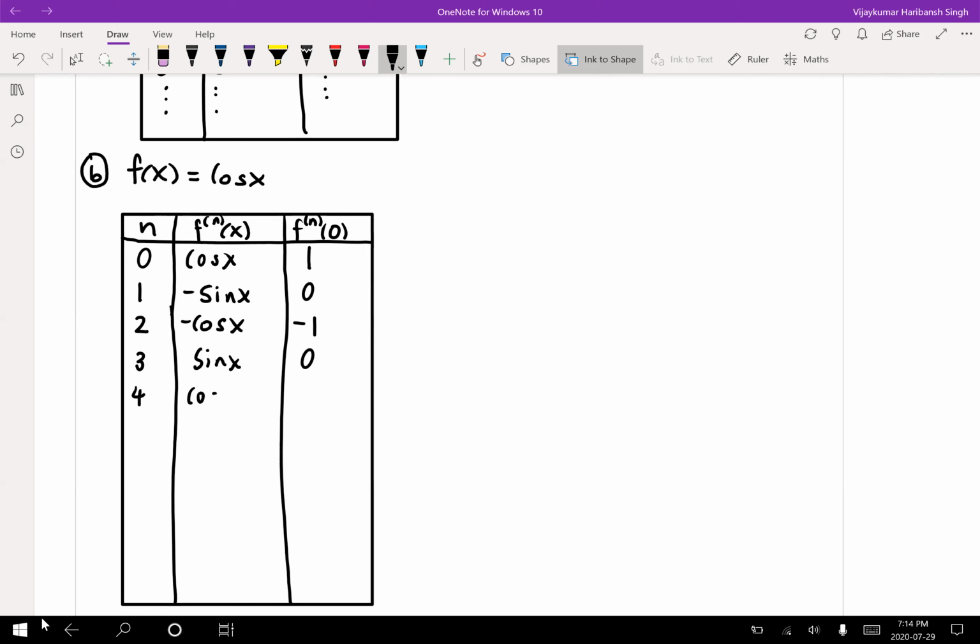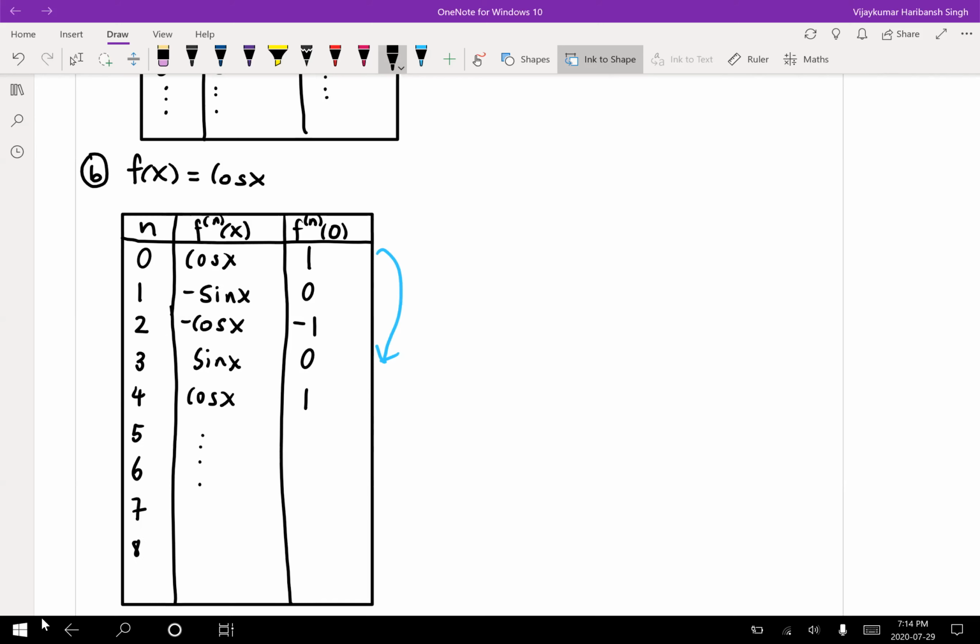So cosine x, again we get 1. So it seems like after 5, the patterns are repeating. Yeah, so you see you got back again to 1. So after 5, this pattern will repeat all over again. So we'll get for 5, 6, 7, 8. So for 5, we get,